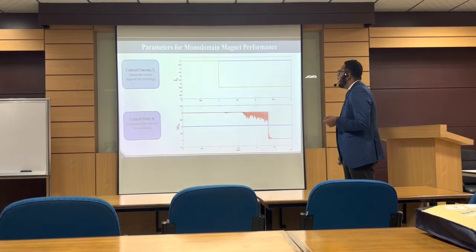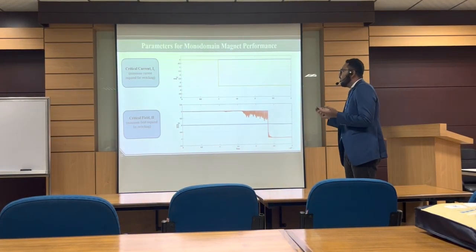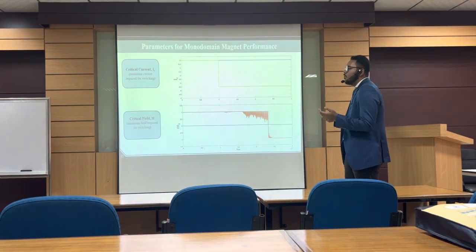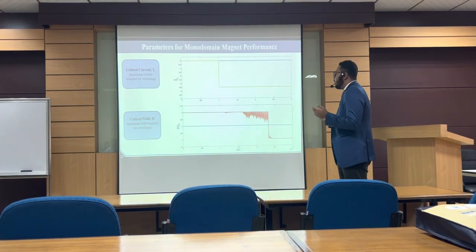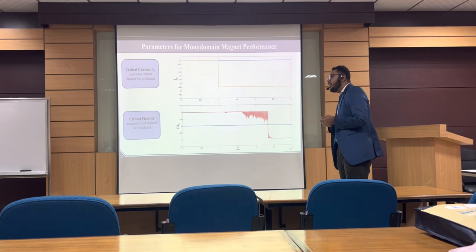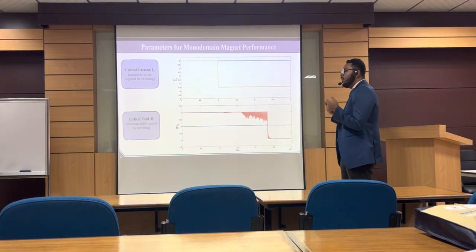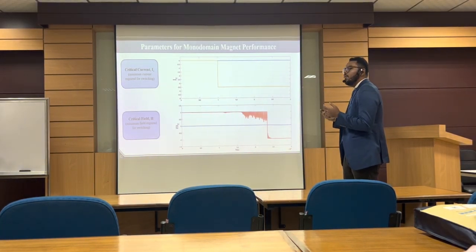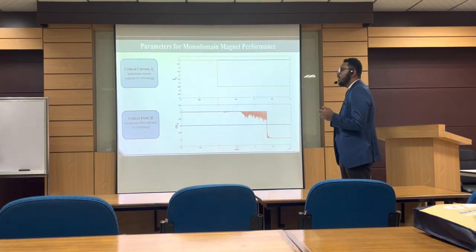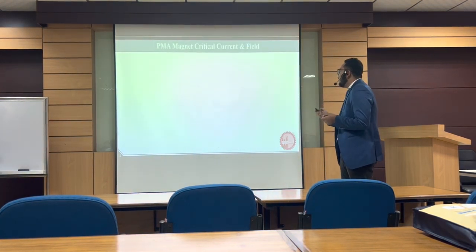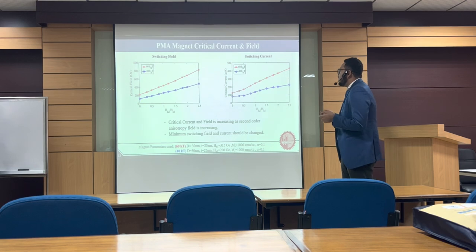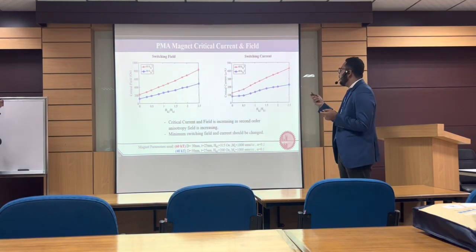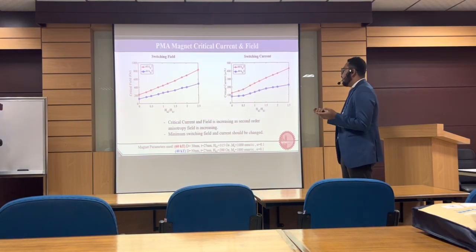So, to understand the magnet performance, we have to evaluate some parameters. In our case, we simulate for two types of effect. They are critical current and critical field. These values are the minimum current and field that is required for the magnetization switching in a magnetic tunnel junction free layer. Now, if we look at the simulation result, here I have simulated for both 40 kT and 60 kT